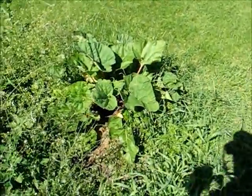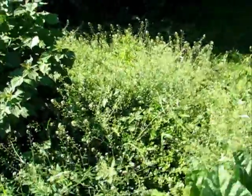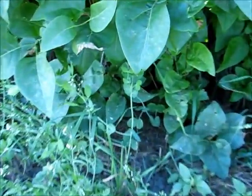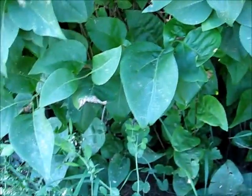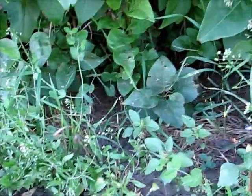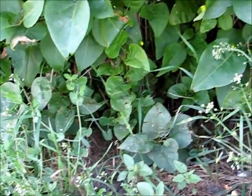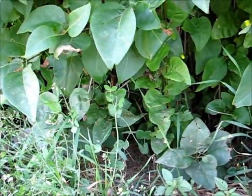Here's the rhubarb that I planted this year, and this is the one bed that I didn't sheet mulch, and as you can see, it's just weeds. Unfortunately, this is a bed that has been kind of neglected this year, and so I need to give it some time. There are some peas planted in here, intended for them to grow up the hedge. We'll see how they do. Looks like only 1 or 2 came up, so it might not be one of my more successful experiments, but at the same time they're in a neglected bed, so there's been no sheet mulch or